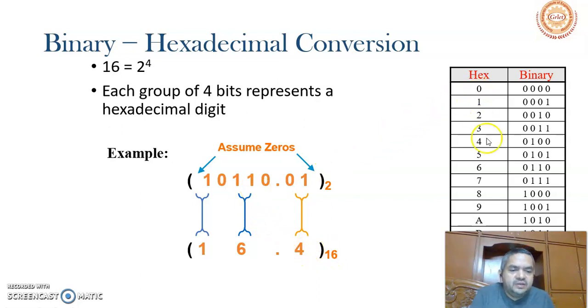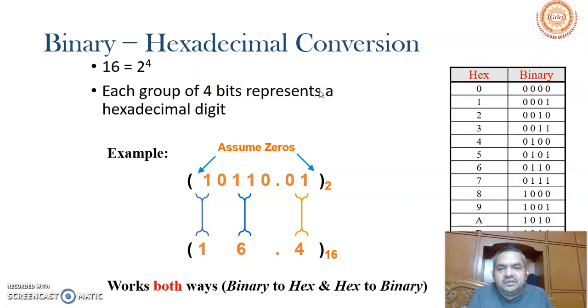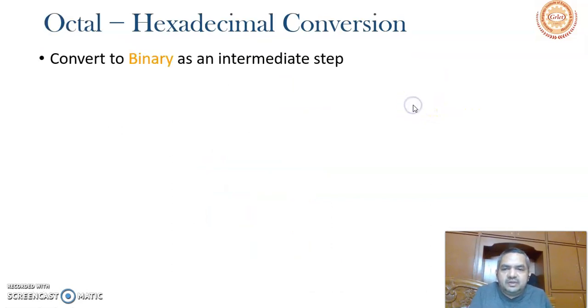So here, for all hexadecimal digits from 0 to F, the grouping can be done from 0000 to 1111, like this. And this table is very, very important. I request all the students to note these things, how to write a hexadecimal number in binary. Similarly, hexadecimal can be converted to octal, and octal can be converted to hexadecimal also. That is also possible.